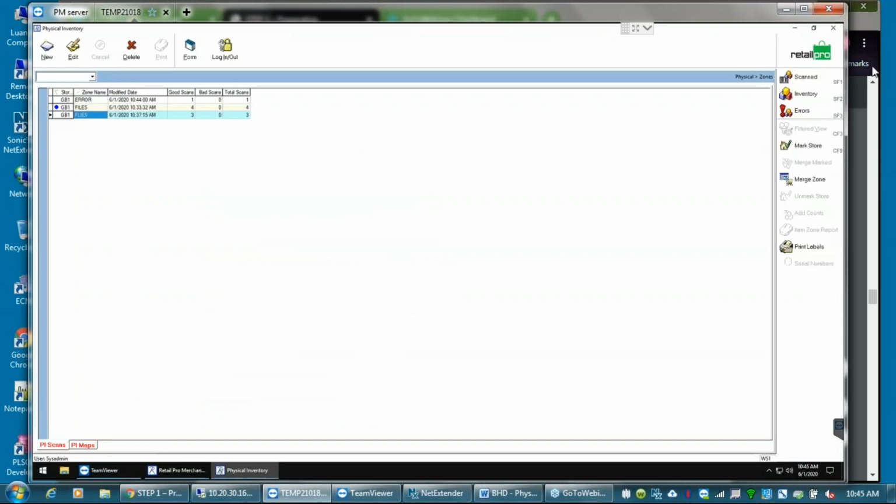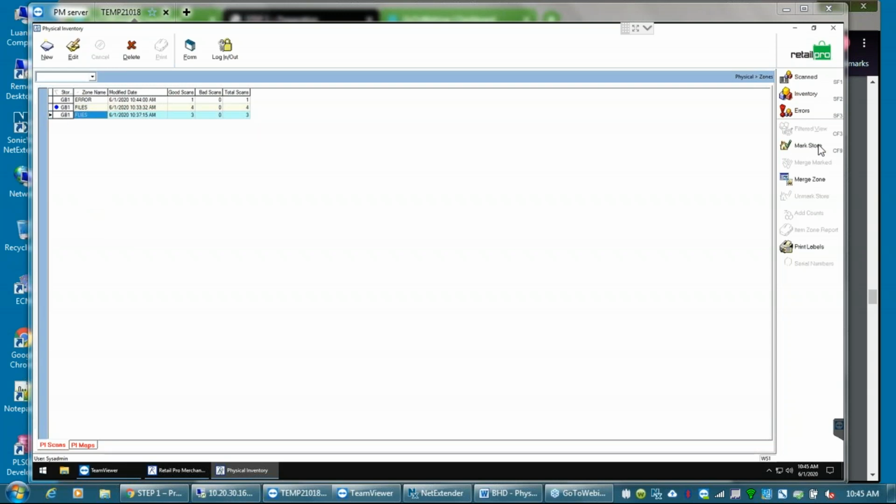Okay, so the next thing that happens is we're going to be merging all the zones. Now you saw me merge one zone at a time, which you can do as you go. But the other choice is to do what we call mark what's left. So two choices: you can merge as you go, but if things are coming fast and furious and you just want to merge everything that's left, as long as you've gotten rid of your red dots for your errors,